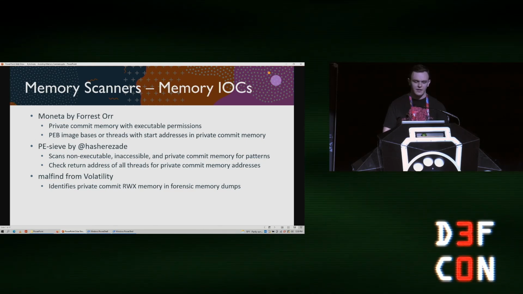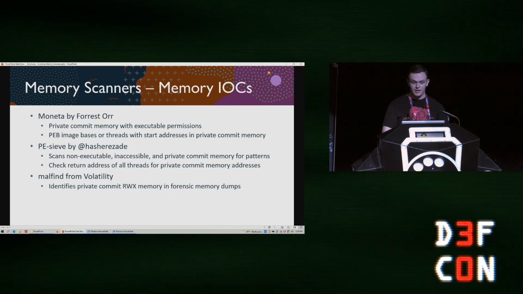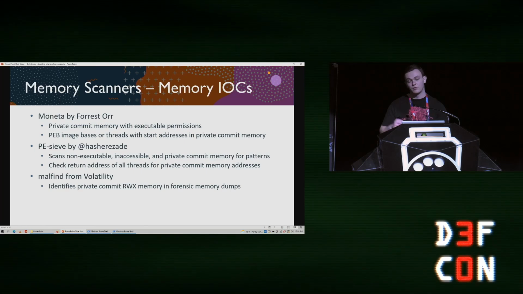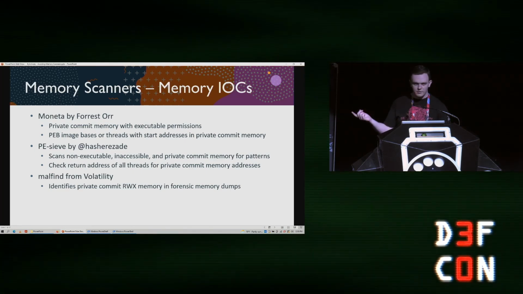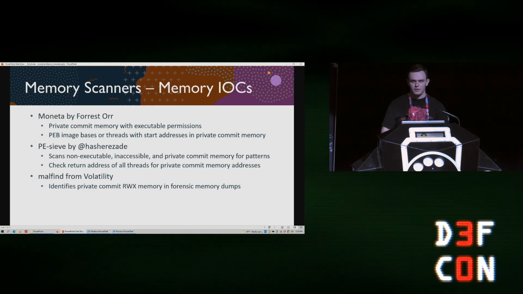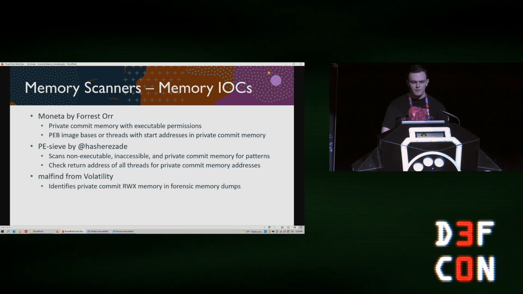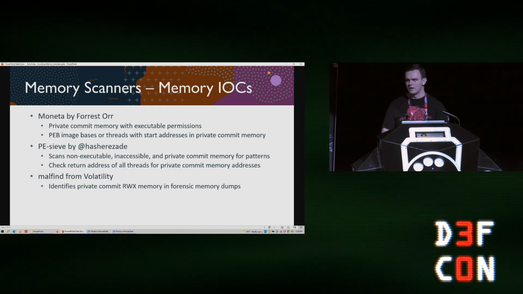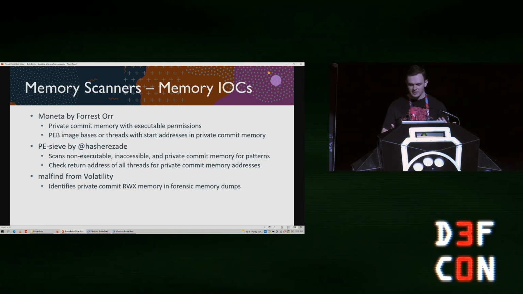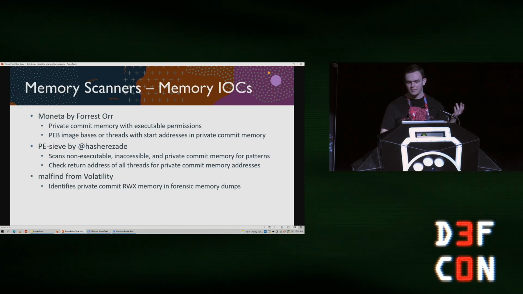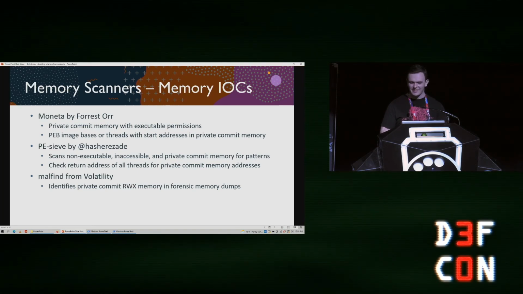It also checks the return addresses of all threads and looks for private commit memory addresses in the return address. The last one I like to mention is Malfind, which is from the Volatility Forensics Framework. Malfind is similar to these, but it's specifically looking for private commit read, write, and execute memory, which is a little bit more limiting than something like Moneta, and you can't run it live on the system.